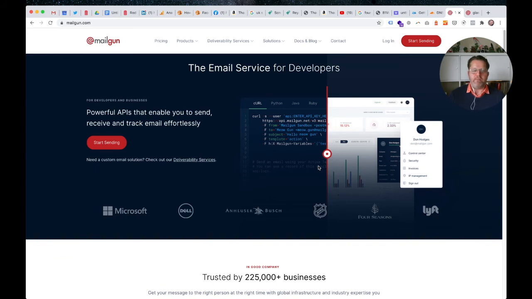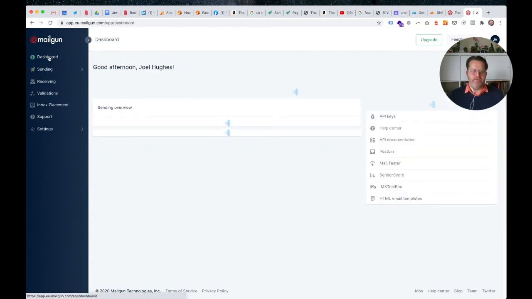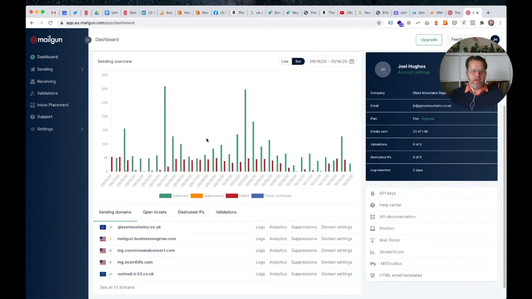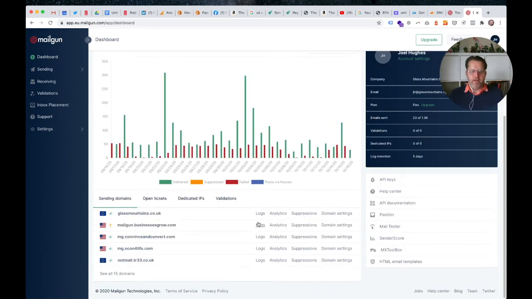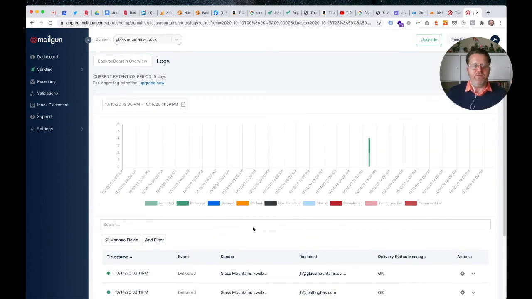Whereas services like Mailgun, and some website services offer this now as well, but we know we get it out of the box with Mailgun. With something like Mailgun, I don't know if you can see the screen, probably would need to zoom into it a bit, but I'm not too bothered about that. But you can go to things like logs, and then you can see every individual email. So the beauty of this